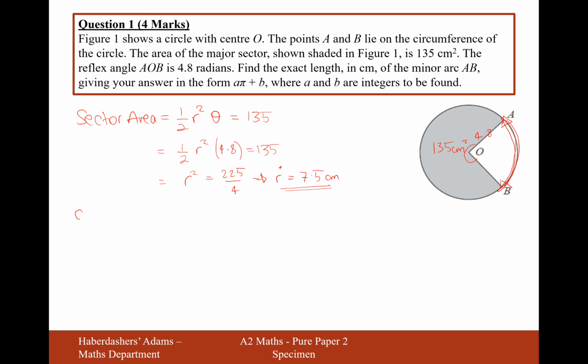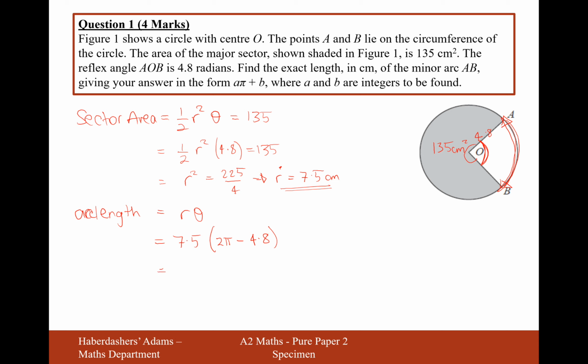Now, arc length is calculated by the formula r theta. So we know the radius is 7.5. What is the theta value going to be? Well, it's going to be this inside acute angle here, which is going to be 2 pi minus 4.8. Reason being 2 pi is a circle, and we've got to take away the 4.8 radians from the